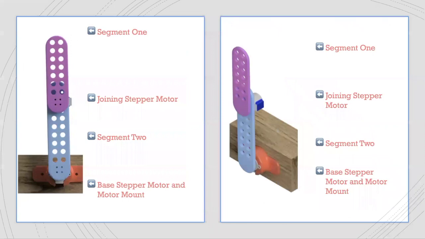So I'm just going to name some of the parts so that this workshop is a lot more straightforward and not just me throwing random names around. The pink segment will be segment 1. The stepper motor that connects segment 1 and segment 2 is the joining stepper motor. Segment 2 is the blue segment. The base stepper motor is the stepper motor on the bottom that connects to segment 2, and it is contained in a motor mount that's orange, that will be 3D printed